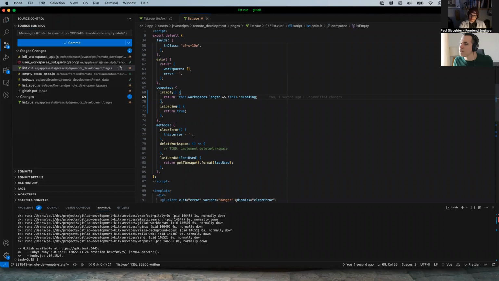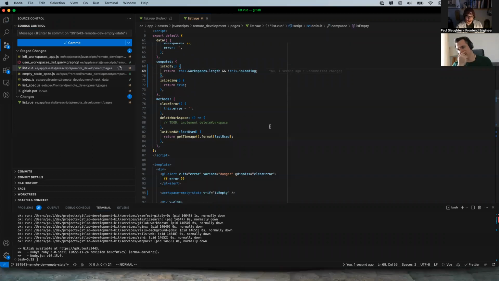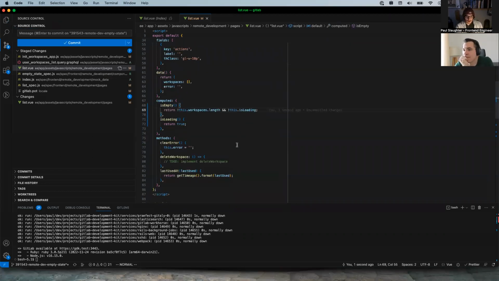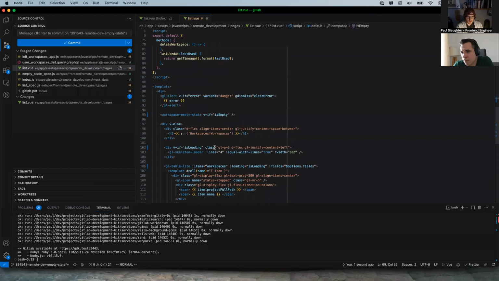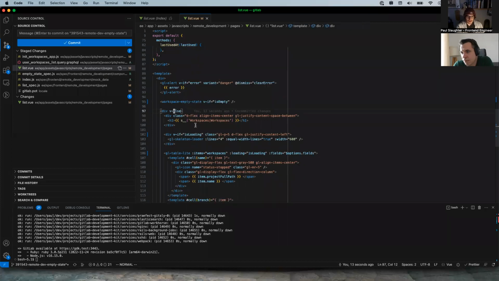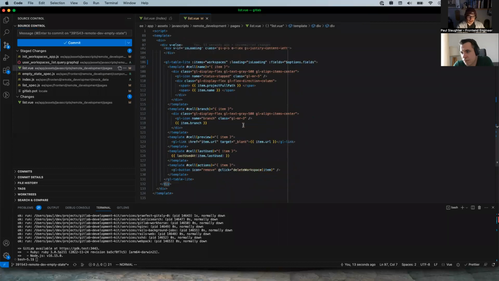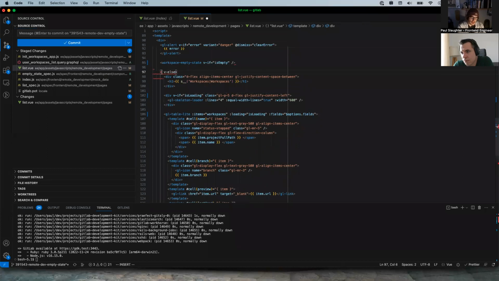You know what I mean? Yes. Okay. So then if we have workspaces or we're loading, we're in this category, which rather than doing a div, we can make a template. We don't need to wrap it in another thing.